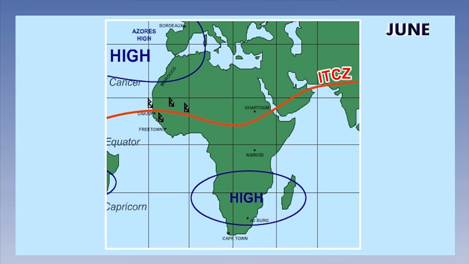The Southern Hemisphere subtropical high pressure has shrunk a little from its previous size and moved a little further north. Notice that the majority of southern Africa is under its influence. Therefore, during the winter months in southern Africa, the weather is mainly very dry and cloudless, and there are frequent grass fires.